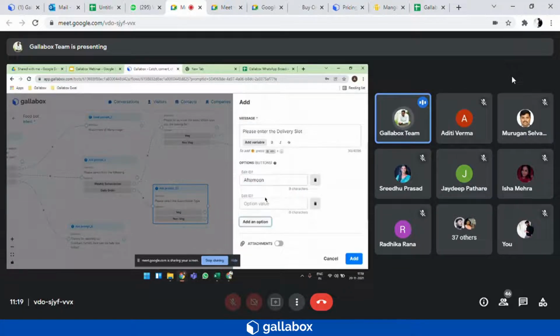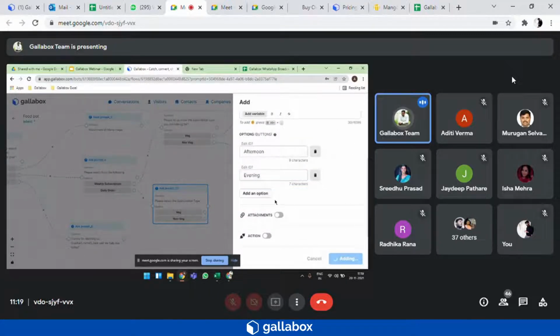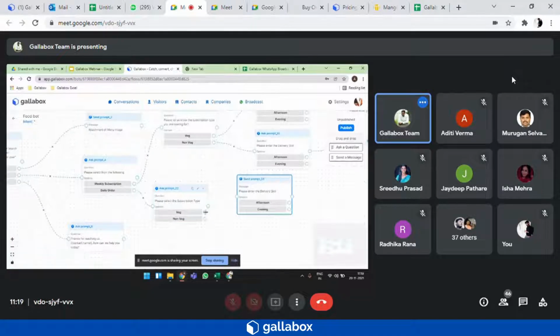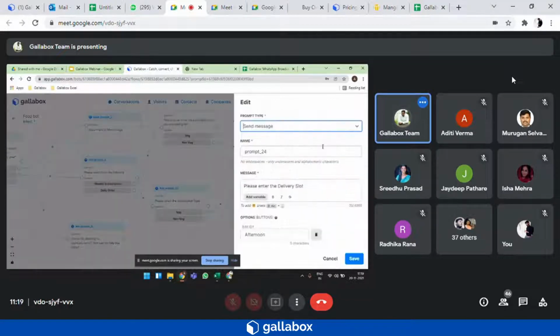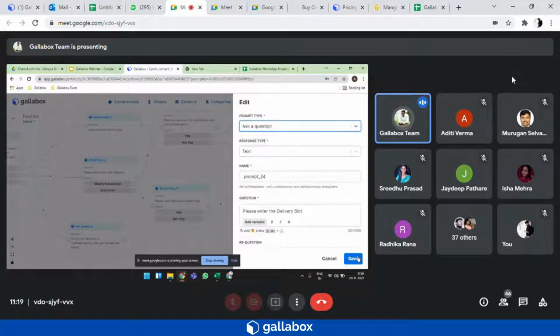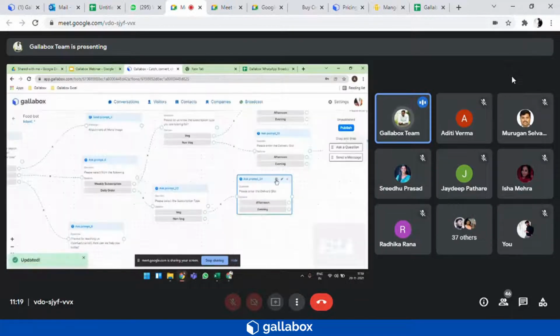It will be afternoon and evening. I will add this particular card. Once again, it will be an ask prompt. So once it is done, I will again duplicate this and add the same card to the non-veg button.